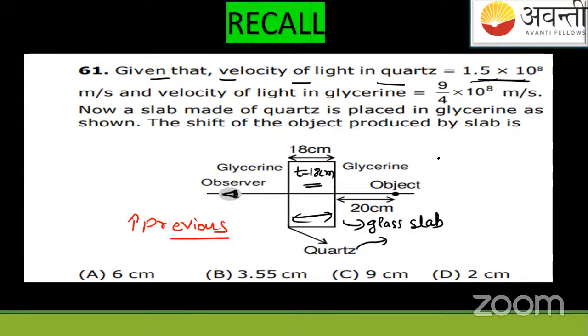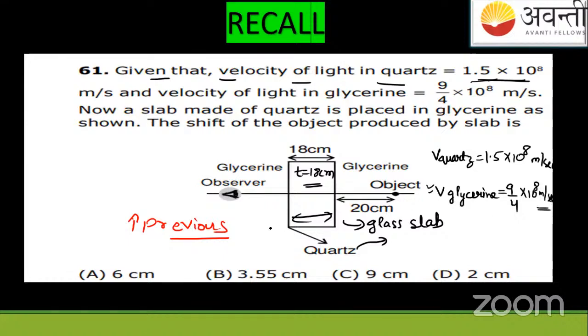So this is how, students, you must approach the question. Write the parameters, the things which are given. So when you're going to solve it, applying the concept, use your brain. At least you must have all the numbers, no? This will save your time. So velocity of light in quartz is 1.5 into 10 to the power 8 meter per second. Velocity of glycerine is 9 into 4 into 10 to the power